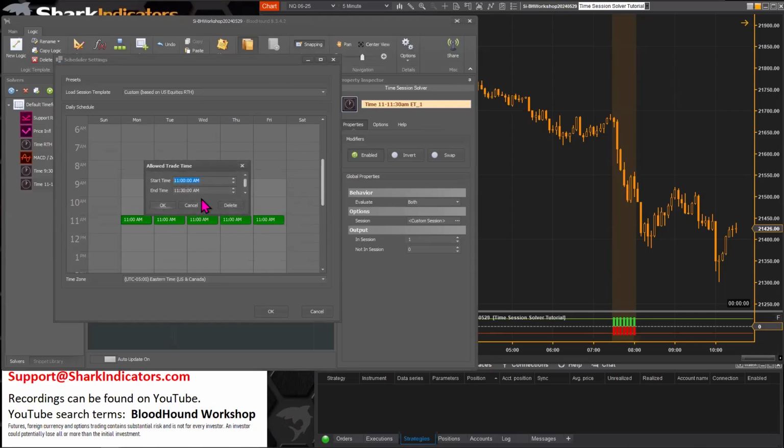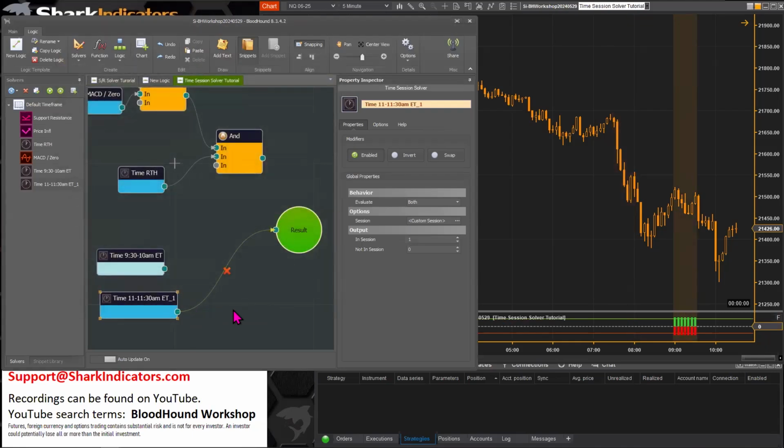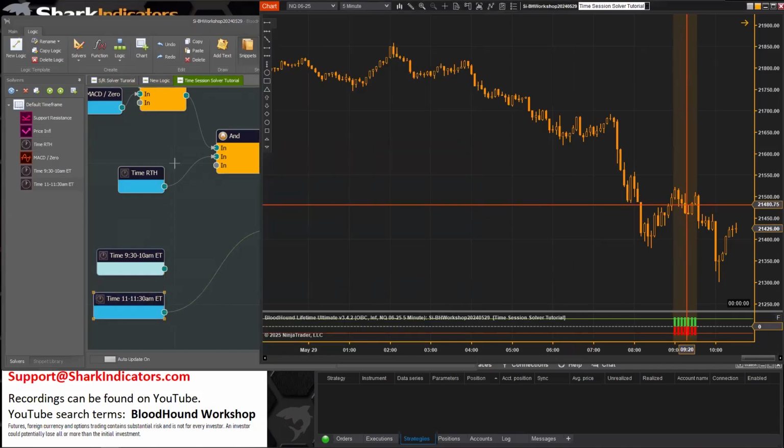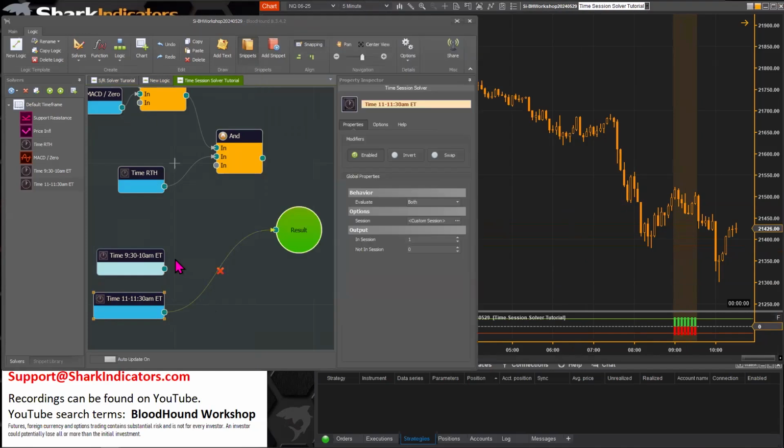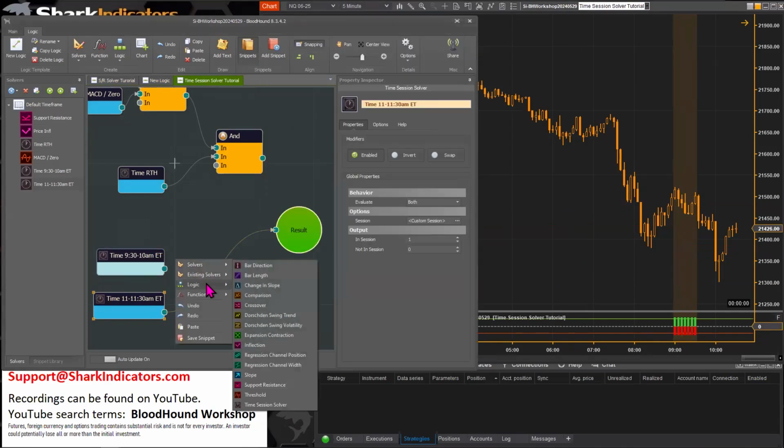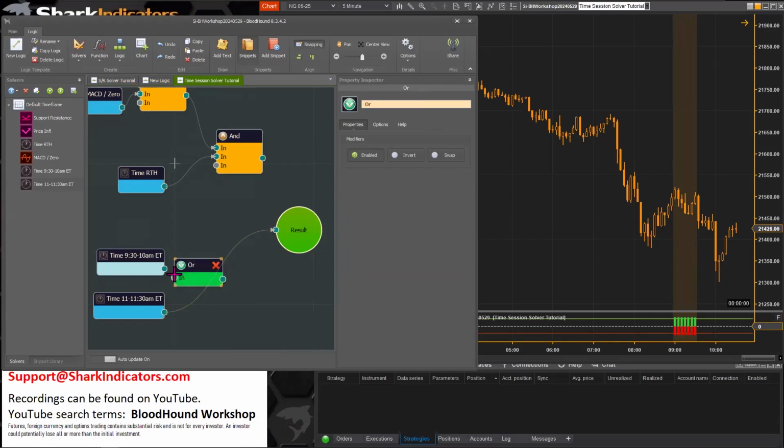11 to 11:30. All right. Close that. And let me fix the name here. Take out that -1. There. All right, there we go. 11 to 11:30. Now, if I combine these together with an OR node,